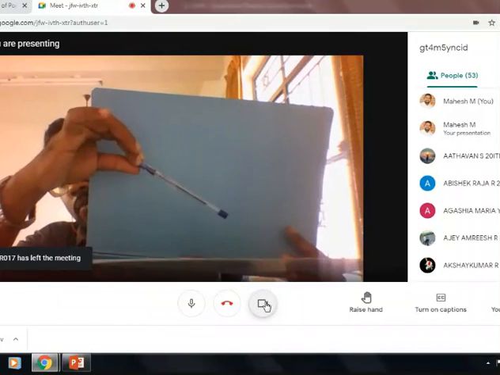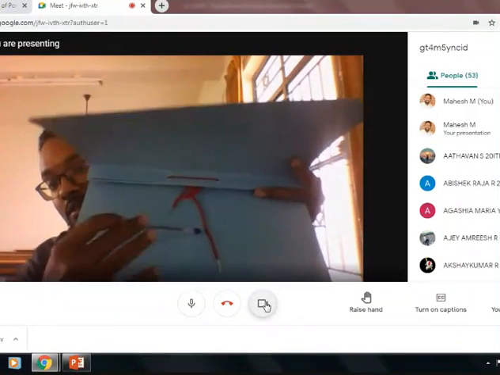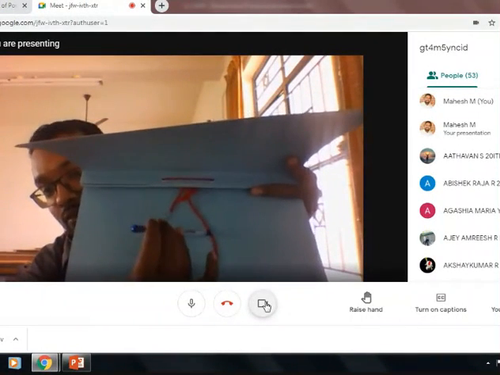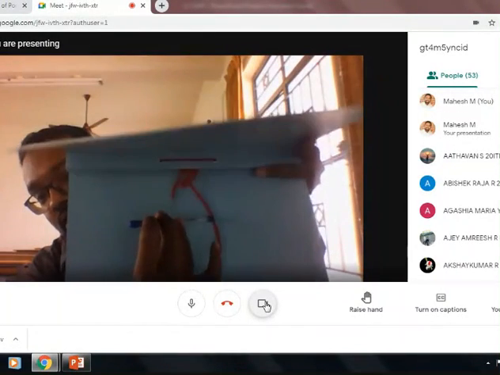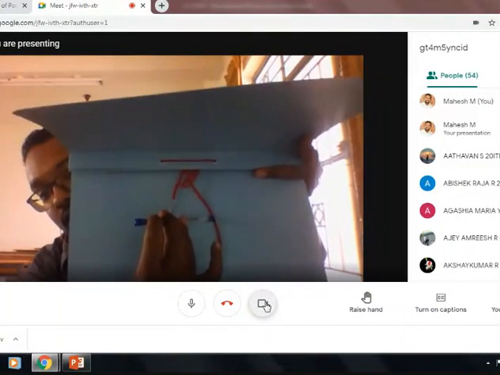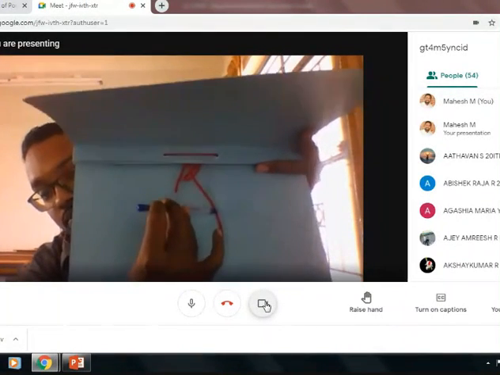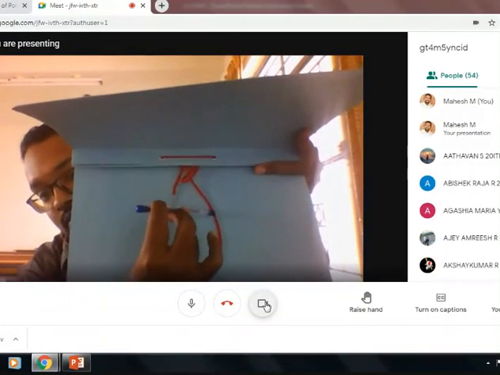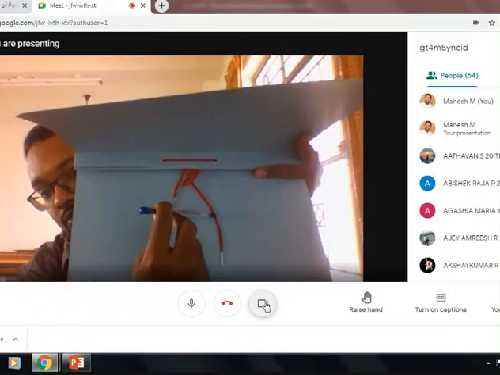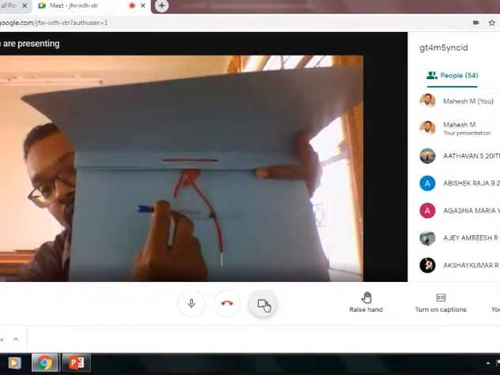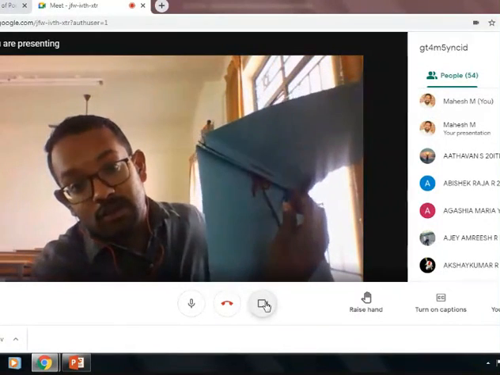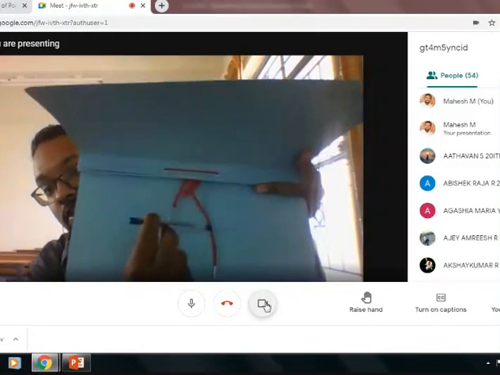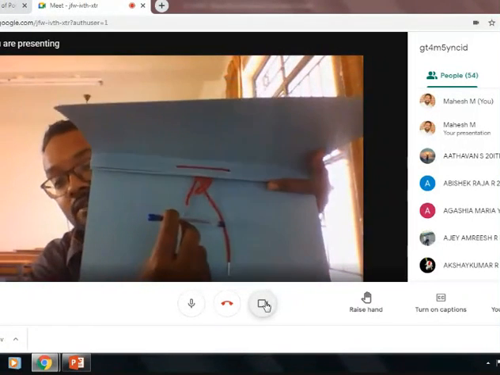So while seeing from the top view, that means this view, when you look from the top view, how will it look? It will look only like a horizontal line. You can't say whether it is an inclined line. So in this direction, look, right now I am keeping this line inclined to HP. This is our top view. Whether you can say this line is inclined, you can't say. It looks like a horizontal line, but I am keeping this line inclined to HP. So I have placed it in an inclined position, but by looking from the top view, it will look like a horizontal line.